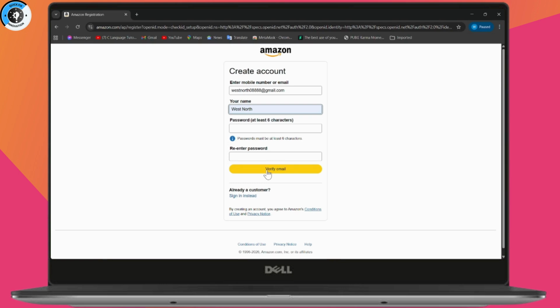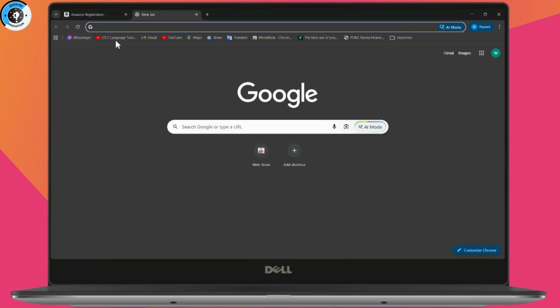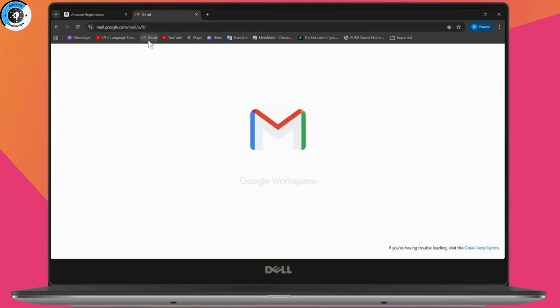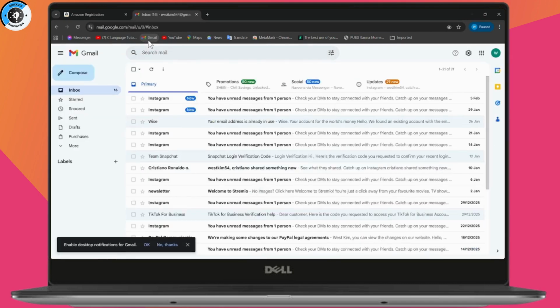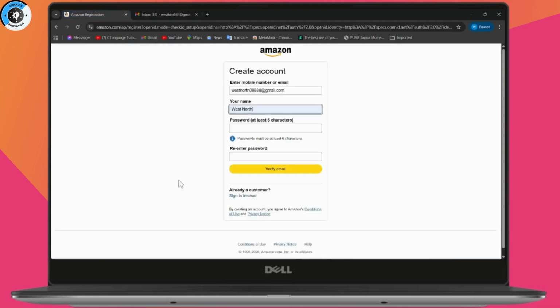Make sure to create a strong password and make sure it includes a mix of letters, numbers, and symbols for security. Once you click on verify email, Amazon will send you a verification code to the email address that you've provided. So you need to check your inbox and then copy that code and paste it back into the registration page. Once verified, you need to click on create Amazon account, which will be on the bottom, and follow any